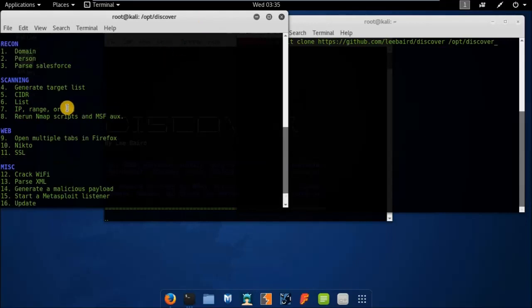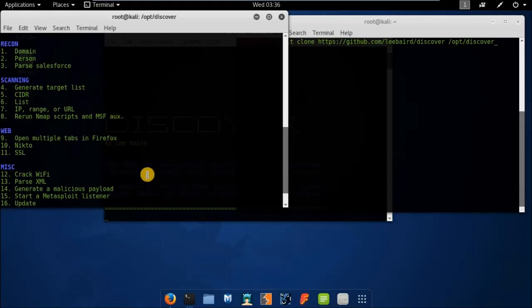Obviously the information will be about the target. So this is passive information gathering, that is open source. I will not be getting connected with the target system, yet it will gather as much information as possible from the internet and around the globe. So in this case I have used domain reconnaissance and passive reconnaissance by using the first option,